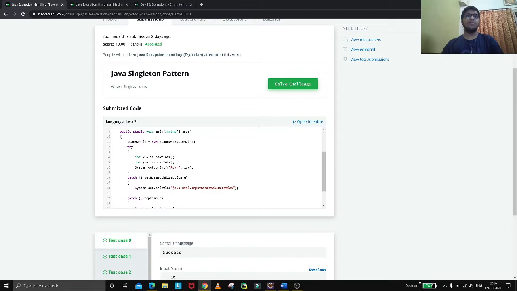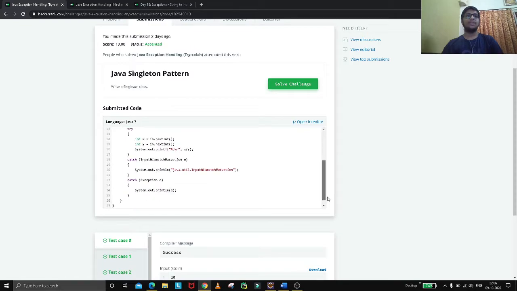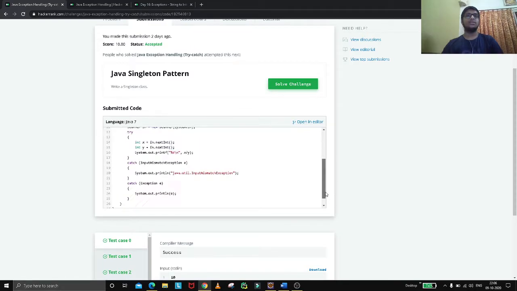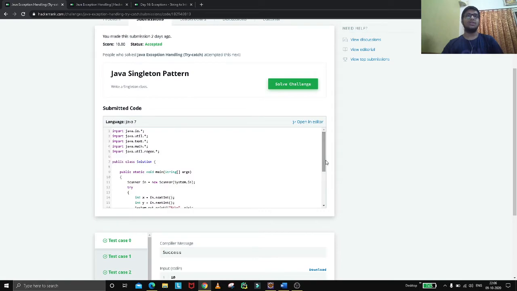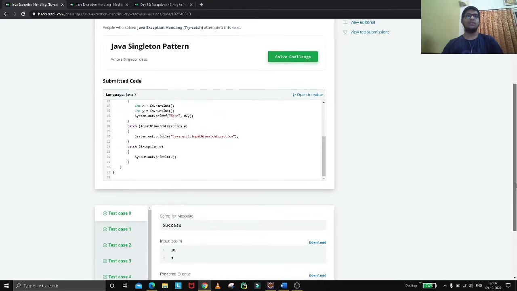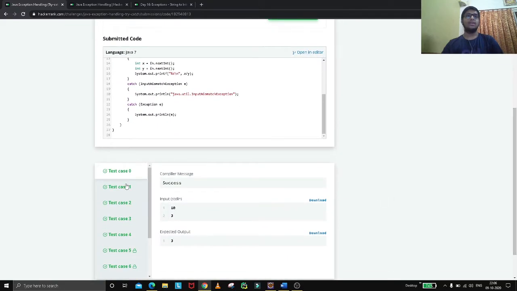If there is an input mismatch, it will show an input mismatch exception, otherwise it will show the normal exception, that is the zero division error or arithmetic exception. I have given the code, that's why my test cases are correct.